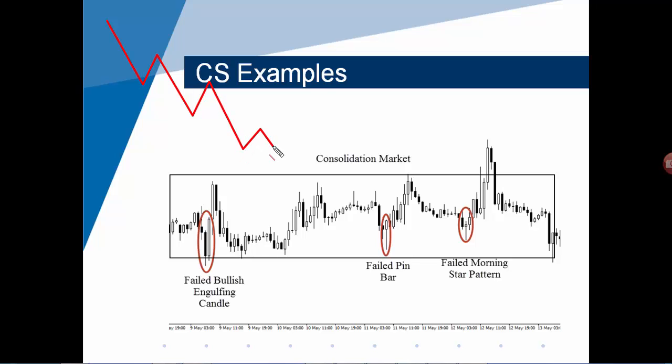Then price was consolidating, which is this. And then price started trading upwards. So on your larger time frame, you would have already identified an area of past support becoming resistance. You would have already identified an area of resistance on your chart. So your thought process now is that you're bearish, but you want to go short when price gets into this